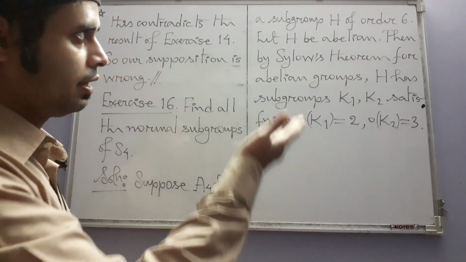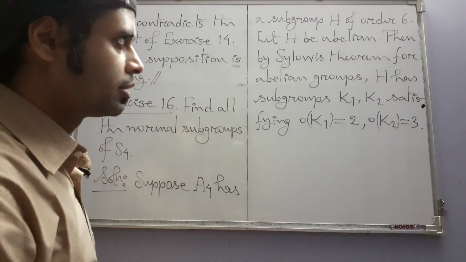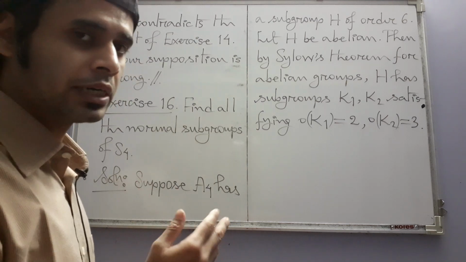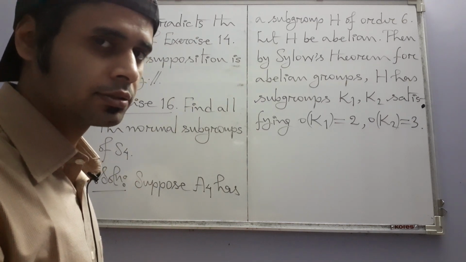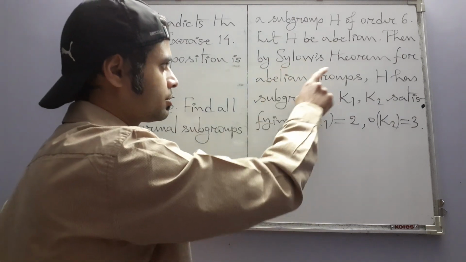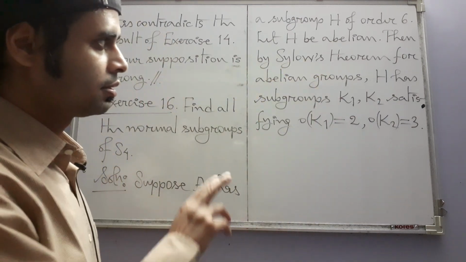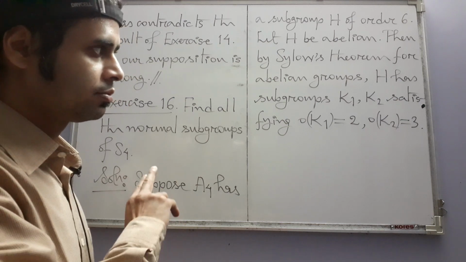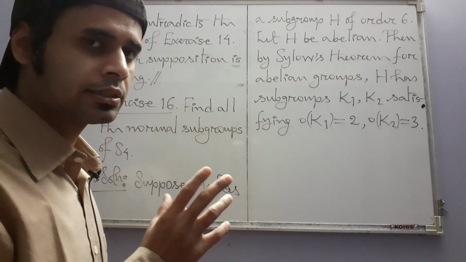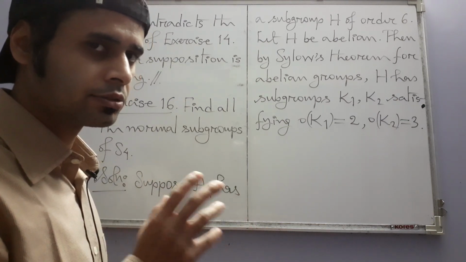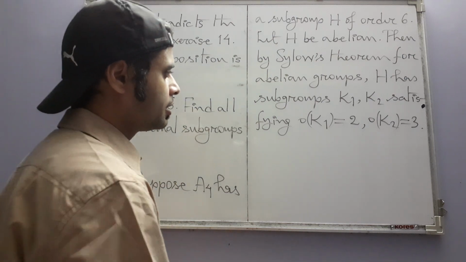You see, H is an abelian group of order 6, and 2 and 3 are primes dividing 6. So by Sylow's theorem for abelian groups, H will have subgroups of order 2 and 3. What does the general Sylow theorem for abelian groups say? It says that,